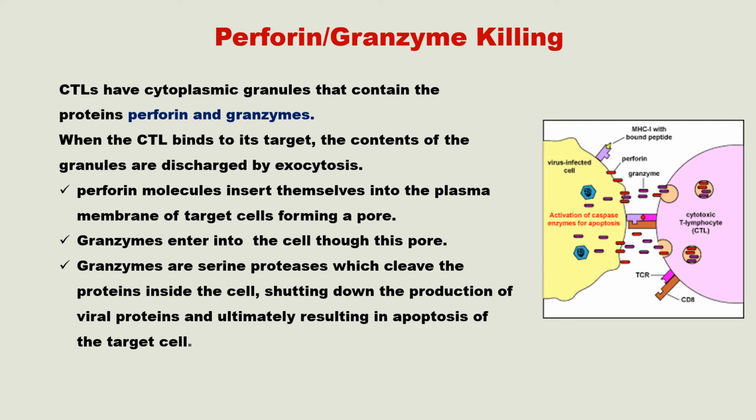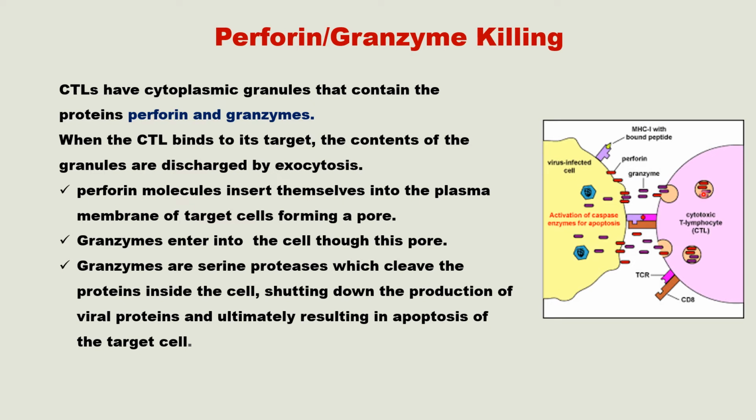Perforin granzyme killing. Cytotoxic T lymphocytes have cytoplasmic granules that contain proteins, perforin and granzymes. When the cytotoxic T lymphocyte binds to its target cell, the content of the granules is discharged by exocytosis. So, this is the cytotoxic T lymphocyte. Inside, in the cytoplasm of this cytotoxic T lymphocyte, some granules are present. Inside these granules, some enzymes are present. They are perforin and